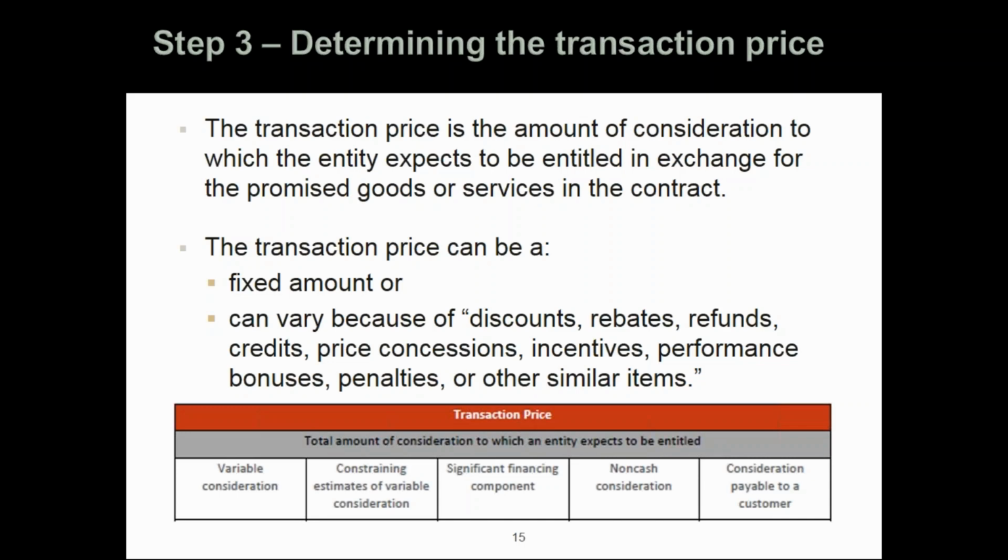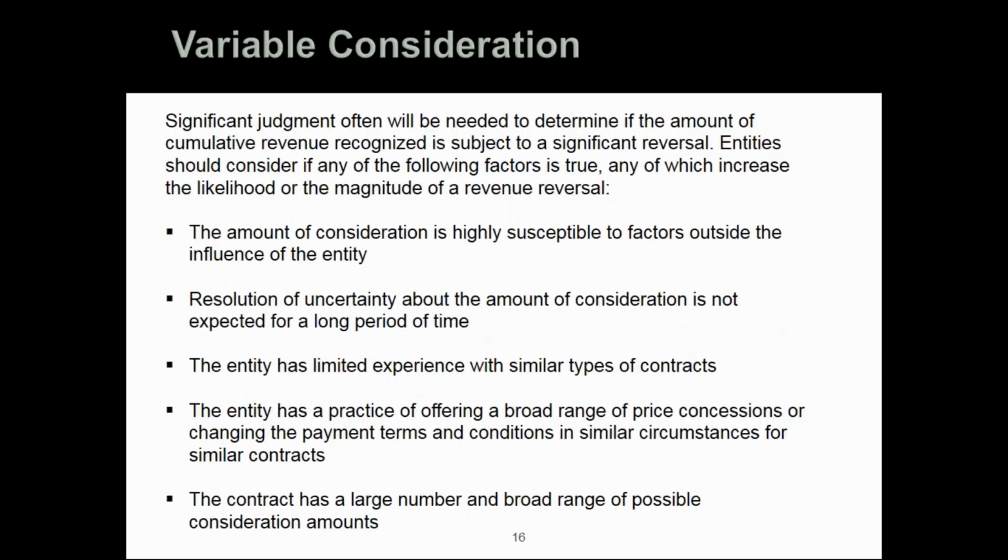You may have fees that you've got to pay to the retail organizations to configure their shelves to sell your product. And if you're not controlling the shelves and receiving a distinct benefit, that consideration payable isn't the acquisition of a good or service, and it would be a reduction of the total consideration. So those are a few of the things that you'll need to be thinking about as you work through step 3 of the model.